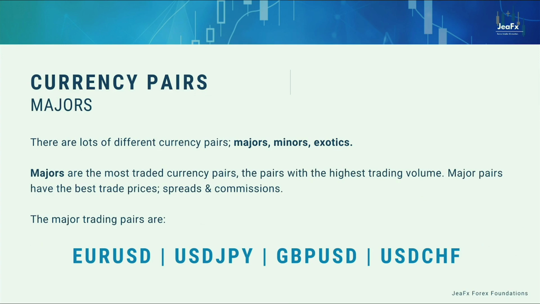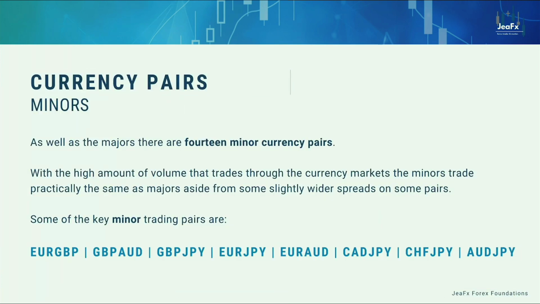Okay. So we have two different main types of currency pairs. We have majors. These are the main currency pairs like Euro USD, USD JPY, GBP USD, and USD CHF. So these are the pairs that are traded the most. They have the highest trading volume and will provide us with the best prices, the best spreads and commissions. Now, minors are also pretty much fine to trade. There are 14 of these minors, and we have some of the key minor trading pairs listed there at the bottom. So minors and majors are all we really want to trade. We do have exotics as well, but we don't really need to dive into those because generally the pricing is worse, the spreads are worse, and they are not so easy to keep up with.